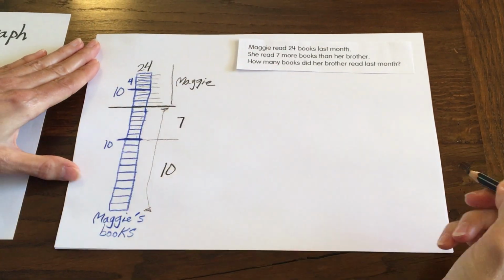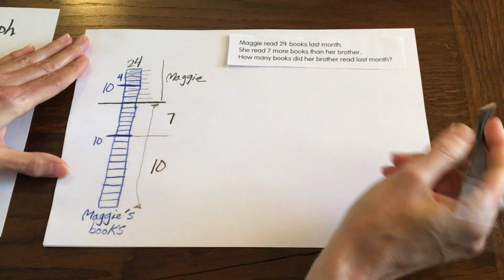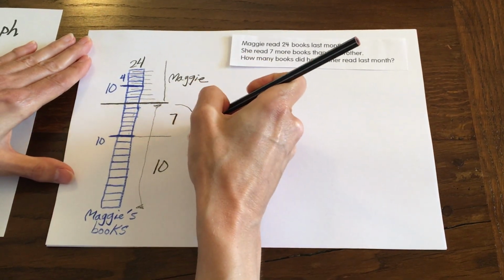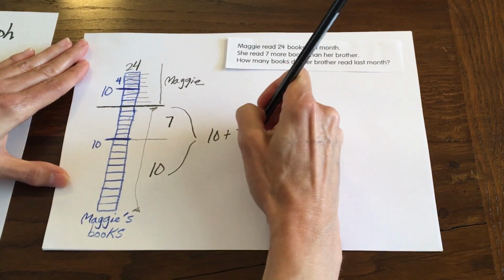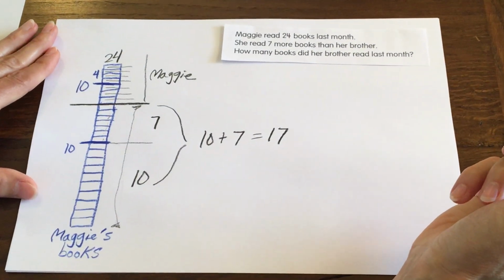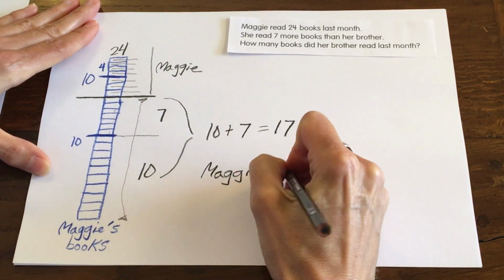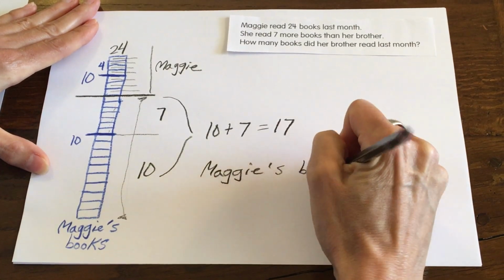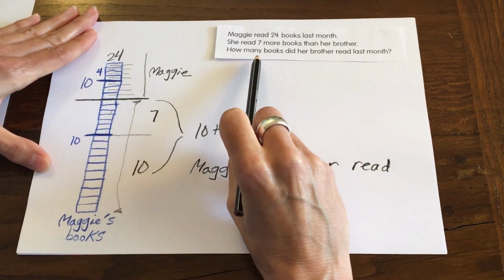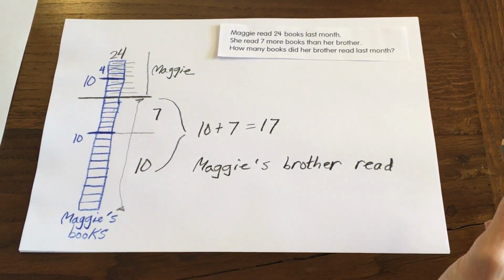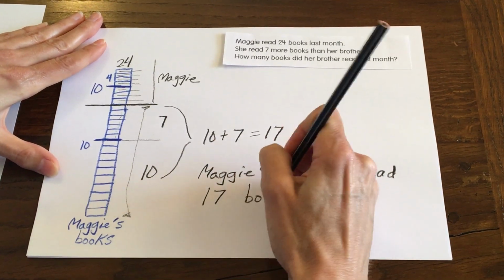This is 7. Okay, so to answer the question, how many books did her brother read last month? Well, he read these 2 numbers together. So 10 plus 7, and we know how to do that just in our heads, equals 17. So here's my sentence, my final sentence. Maggie's brother read, so we've got to use the word books, we've got to use the words last month in our sentence. Maggie's brother read 17 books